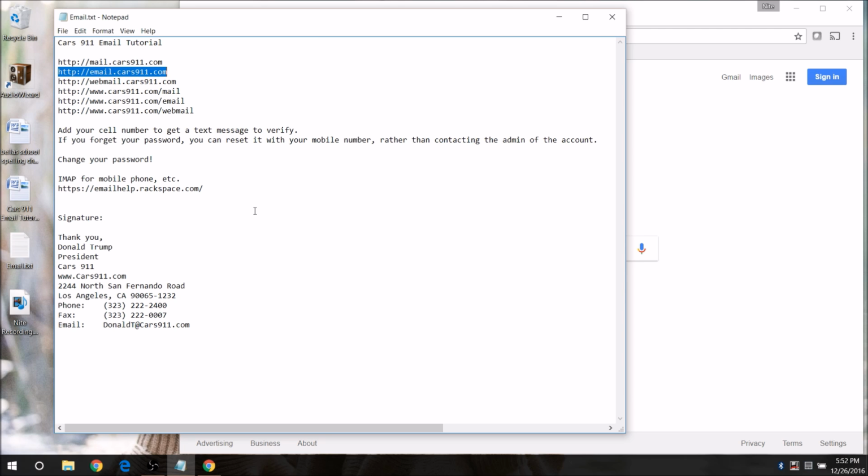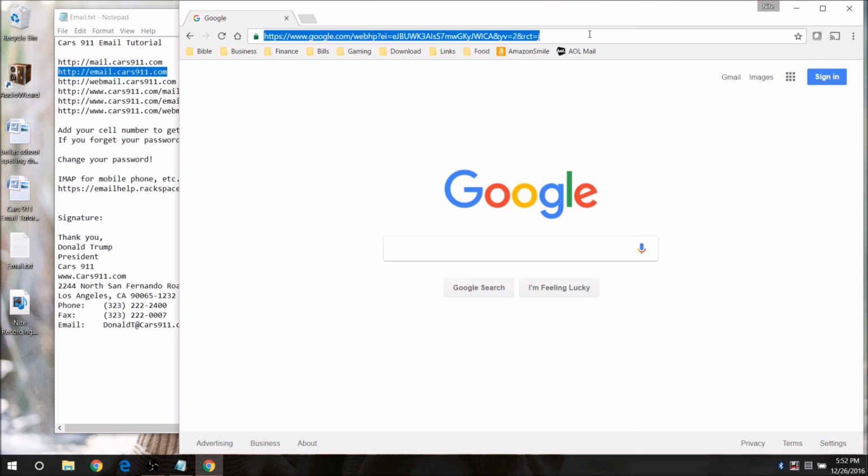You can access the email account in any one of these forwarding websites. You can see mail.cars911.com and then email.cars911.com. That second one is the one that I usually give out to everybody, and it's easy to remember. All of them are easy to remember, and you can put them either before, instead of the www, or with a slash at the end. You can use any one of those three to access the